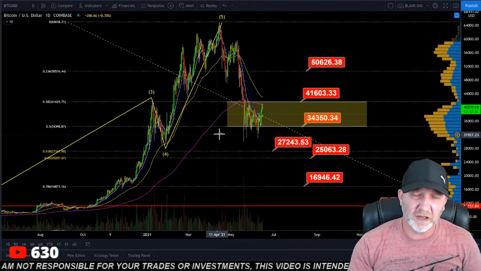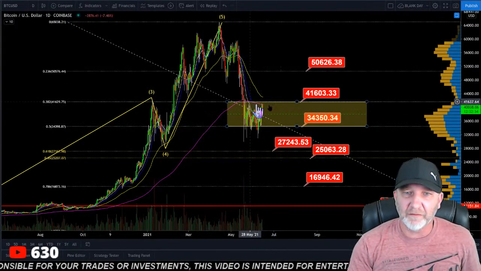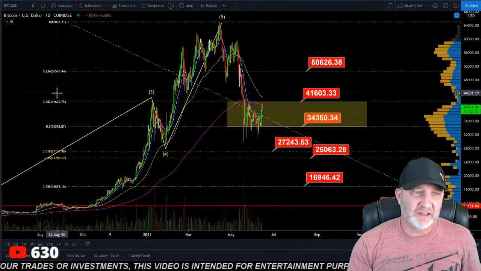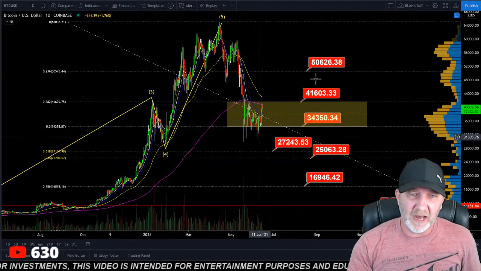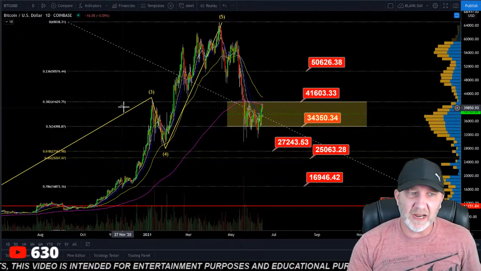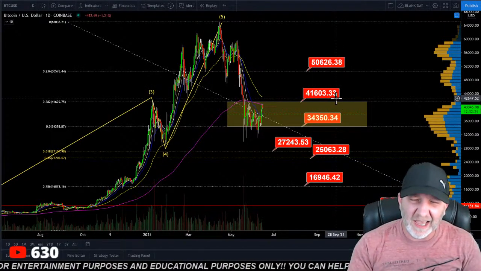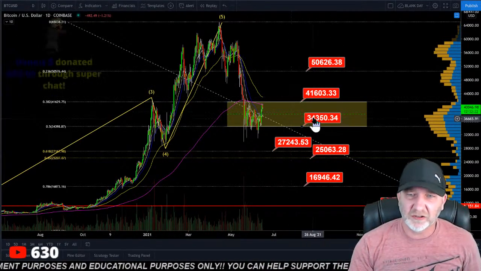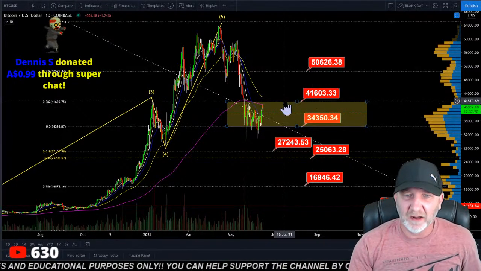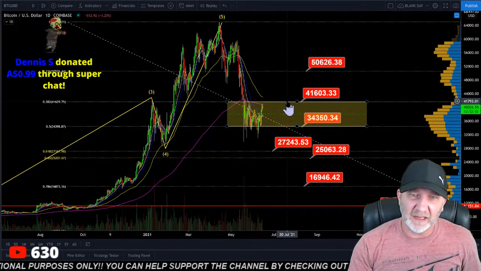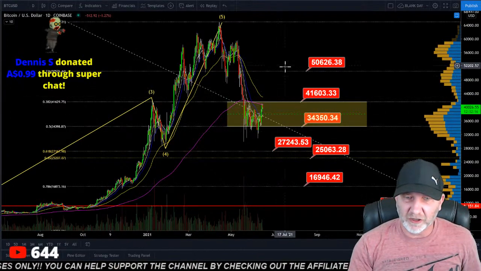And this video isn't going to be too long for the live part of it, but as you can see, these Fibonacci retracement levels at 0.382 right here is at 41.6 to 41.8 range. And that matches up with some other stuff. So unless we get above that and get support here, I don't believe we're going to continue higher.